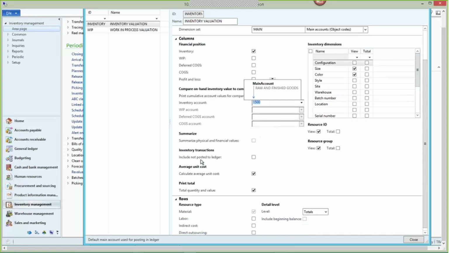And I don't want to see inventory transactions that are not posted to the general ledger, because for purposes of reconciliation to my general ledger, it wouldn't make sense to include those values that are not yet posted to GL. You might ask, why would I have inventory transactions that aren't posted to the GL? Well, that depends on how you have your posting set up, whether it's asynchronous or synchronous. Some companies